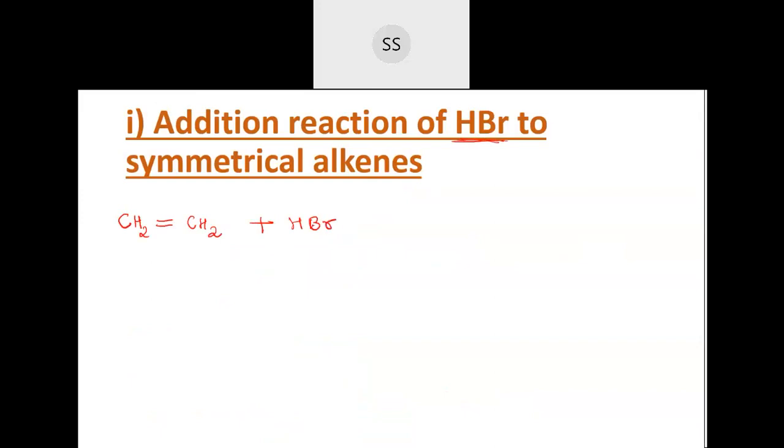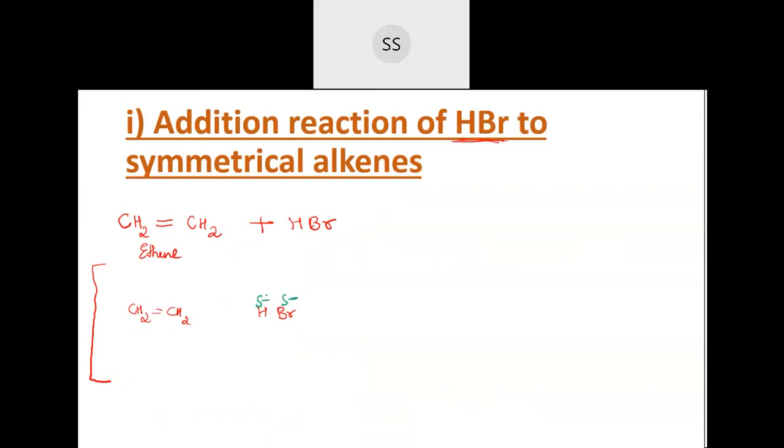Before adding, you can do charge separation here. I will write it on this side in brackets because this is just for you to understand. This is the ethene molecule, and then we have taken hydrogen bromide, HBr. Between H and Br there is charge separation, because one is more electronegative and one is less electronegative. Br will always carry a partial negative charge and H will carry a partial positive charge.